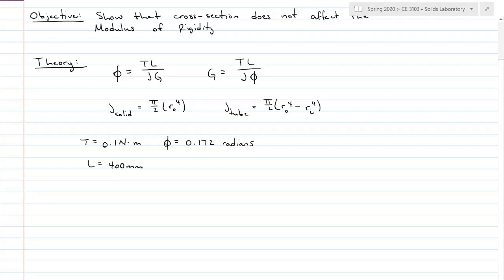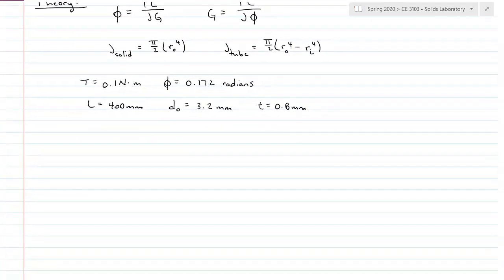It's the actual length of our specimen. And they both have an outer diameter of 3.2 millimeters. And the tubular one has a wall thickness of 0.8 millimeters. Okay, so that means plugging this into our G equation,